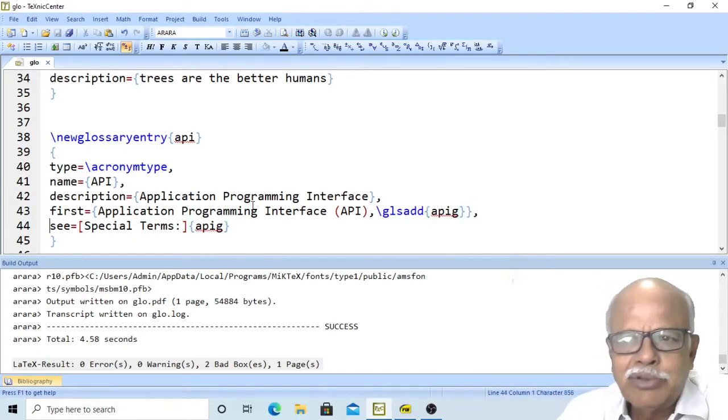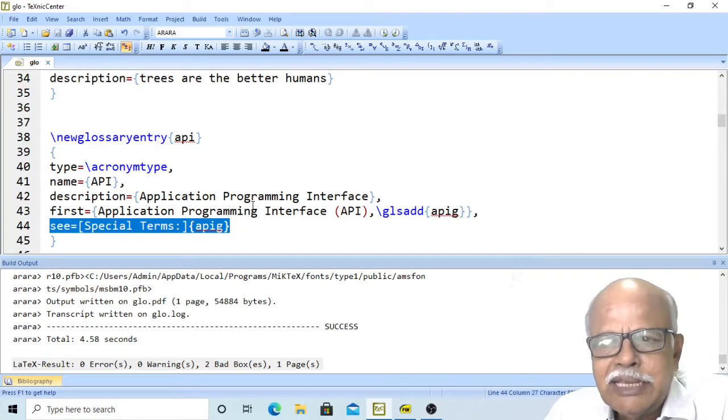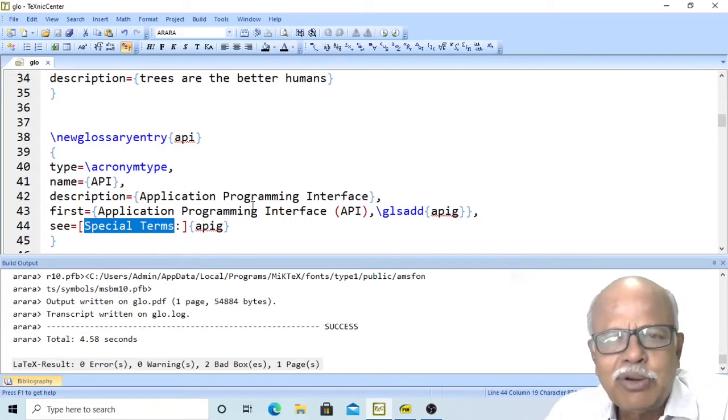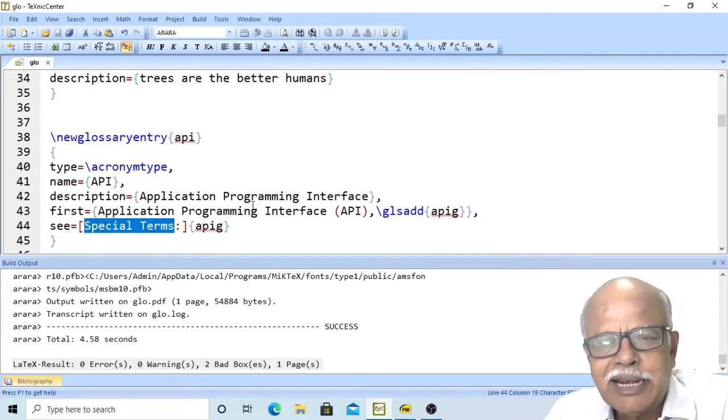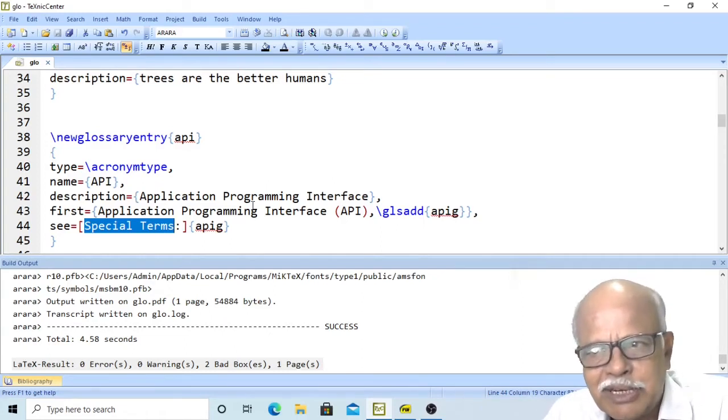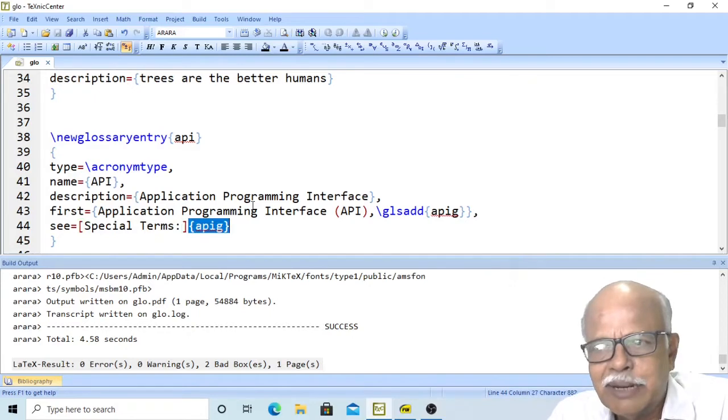You can also include special terms for glossaries. Here, if you want to use the name glossary, use it as such. If you want to rename it as special terms, give that special terms here and then this label.